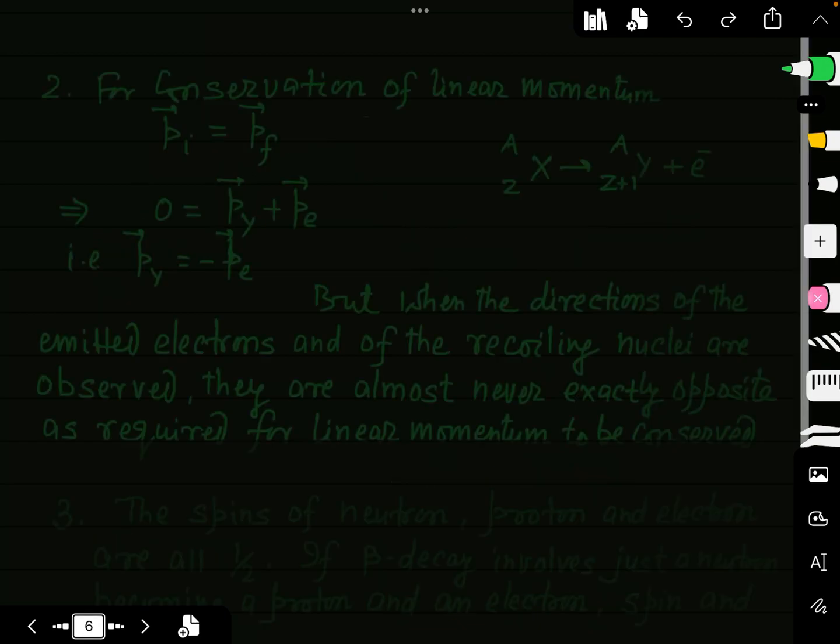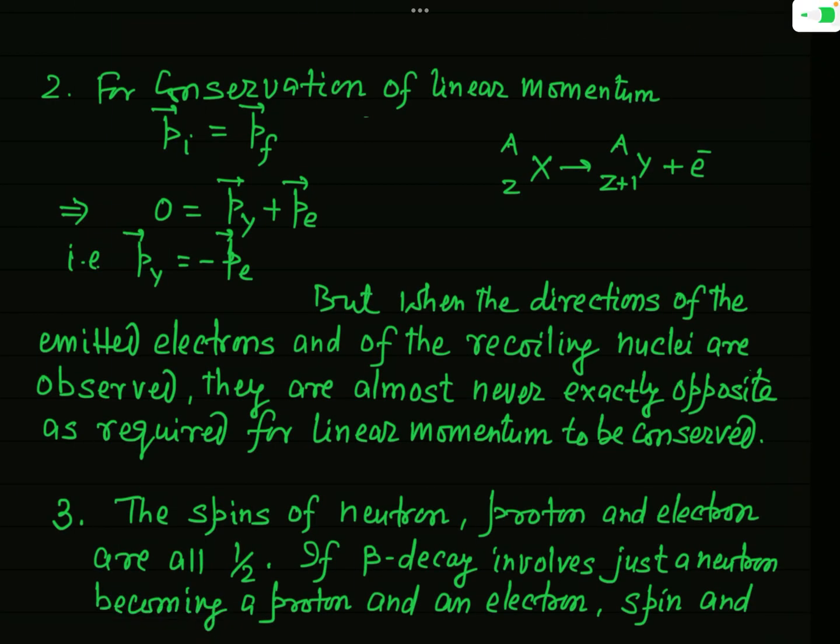So this was the first experimental observation, which indicates that the process of conversion of a neutron into a proton and only an electron is not the correct process. Now let us see the conservation of linear momentum. As you can see, this is your parent nucleus, this is your daughter nucleus, and this is your emitted electron. Now the parent nucleus is assumed to be at rest,